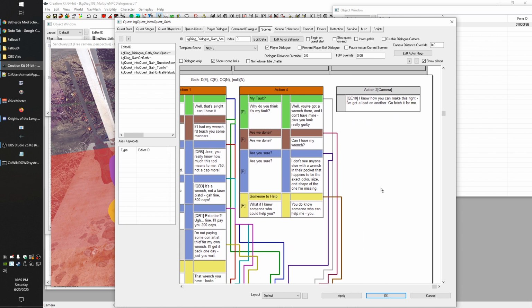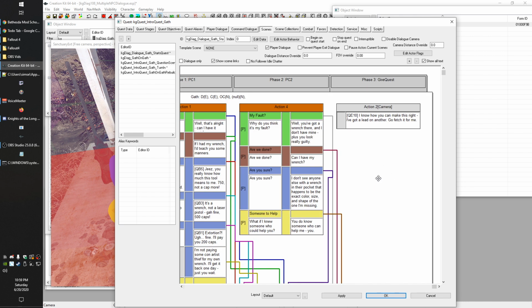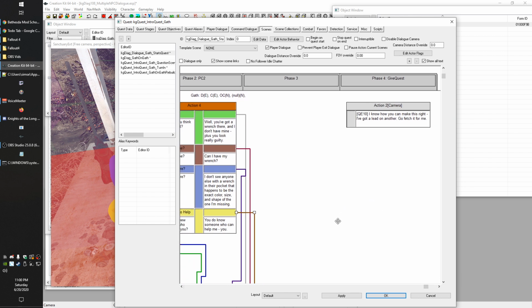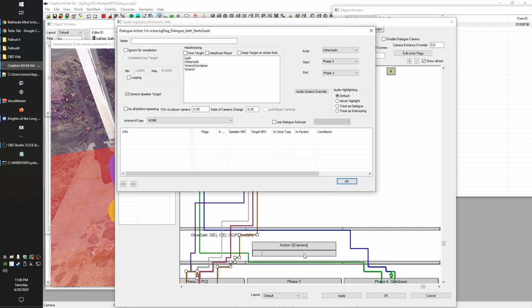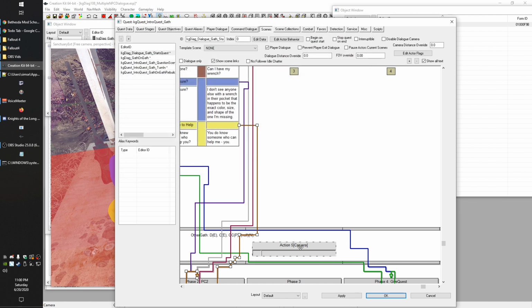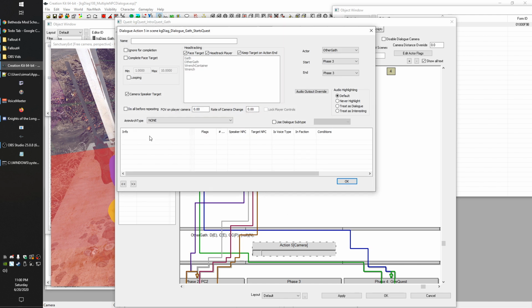So what we're going to do here is we're going to insert another phase. And let's see here. And then we're going to have him inject something. So we'll go ahead and do dialogue here. And we are going to have him head track the player, face the target, keep target on action end. And we'll have him say something. So let's say,